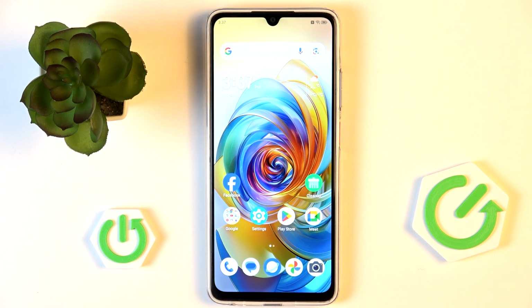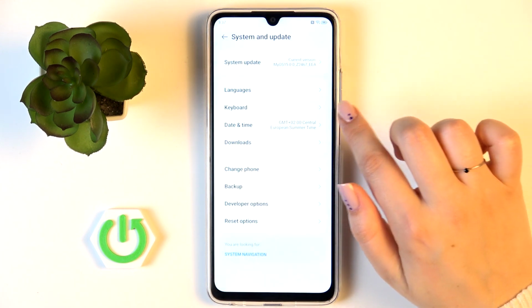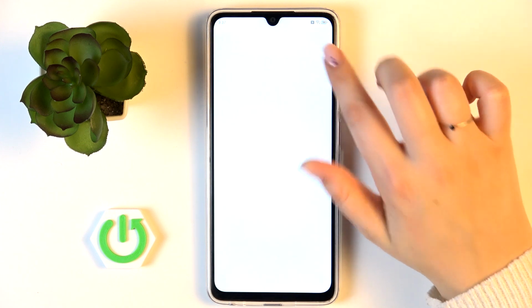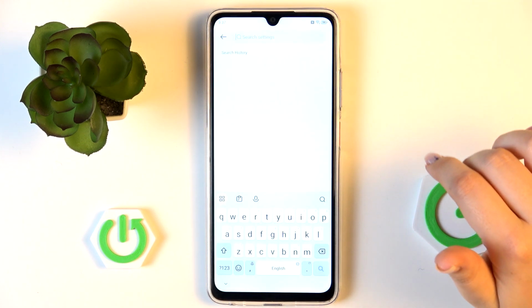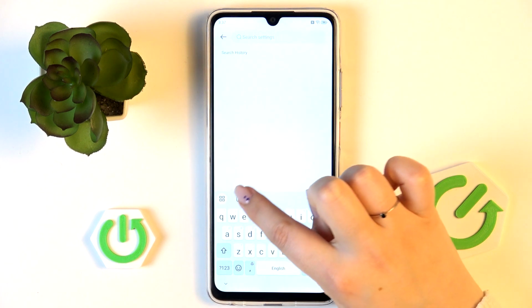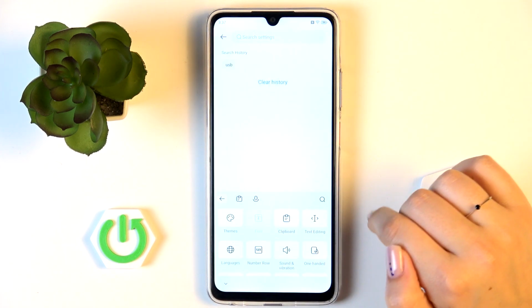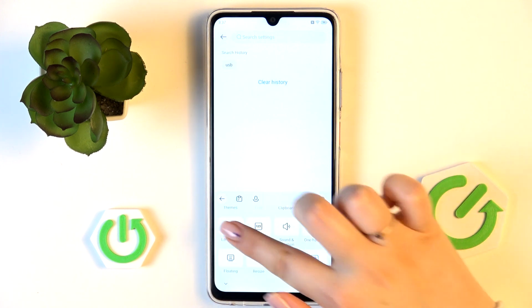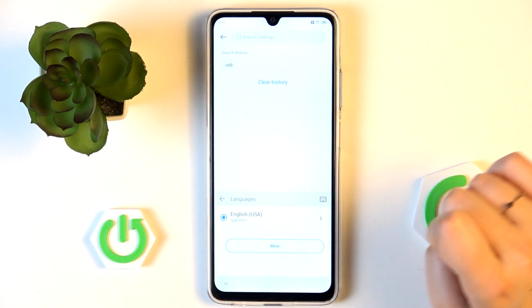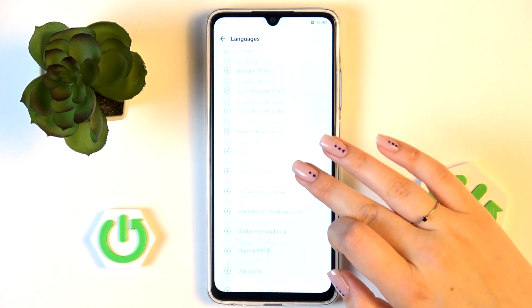So first of all, let's find the app which will provide you with the keyboard. So for example, messages, notes, browser, whatever, just have the keyboard on the screen. And now all we have to do is to tap on this four dots icon or four squares icon on the left, and here let's enter the languages. Let's tap on more, and as you can see here we've got the list of all available languages from which